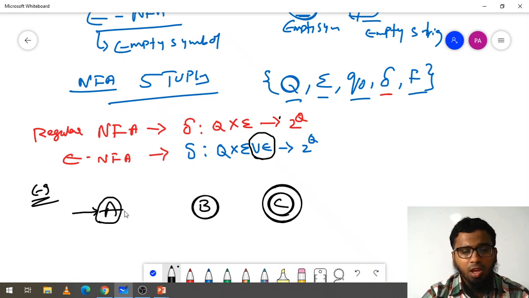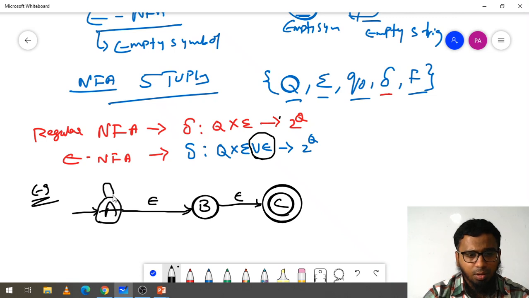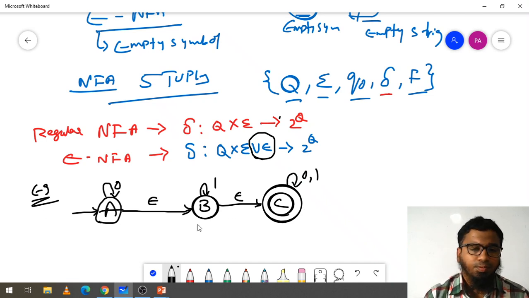So when going from A to B, I am going with epsilon, and from B to C I am going with epsilon. And here the 0, and here the 1, and here 0 comma 1. So this is a simple example